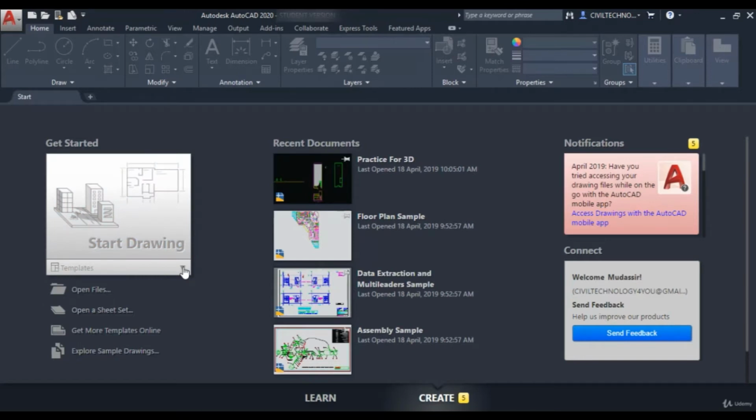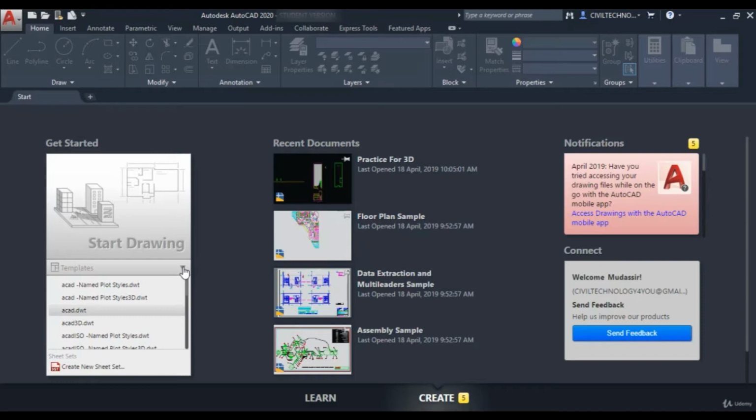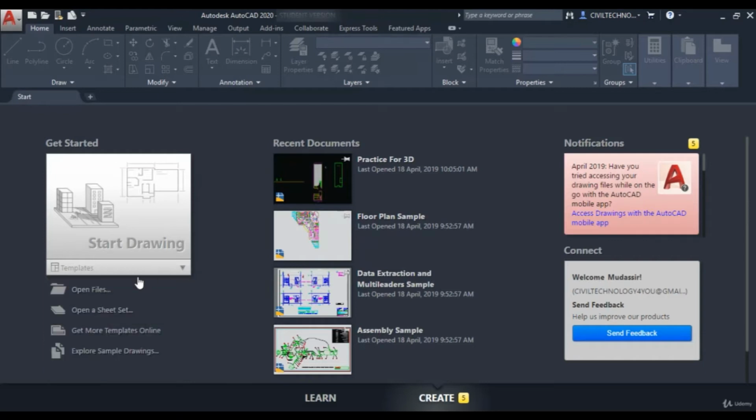You have different types of template options which you can select from this. Next you have the option of Open Files, where you can open your existing files. You have the option of Open a Sheet Set, where you can open your sheet sets, and you can get more templates online and explore sample drawings as well. Next we have the option of Recent Documents,